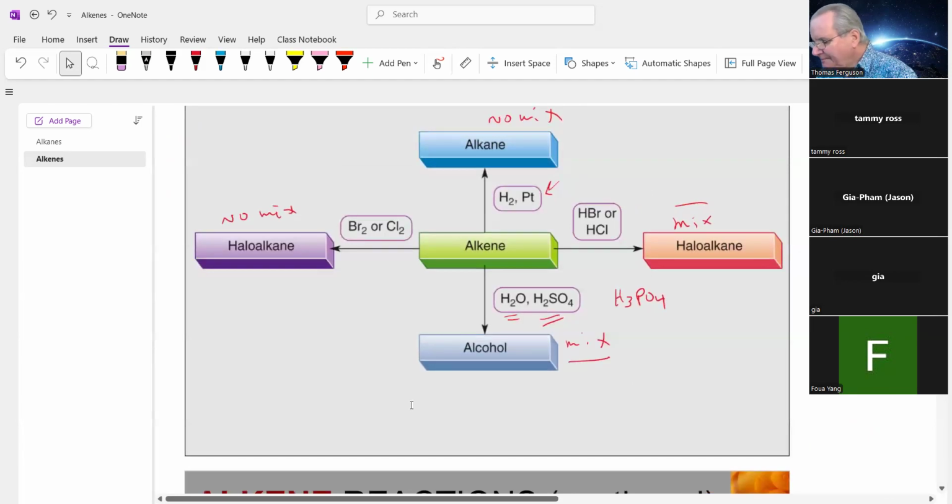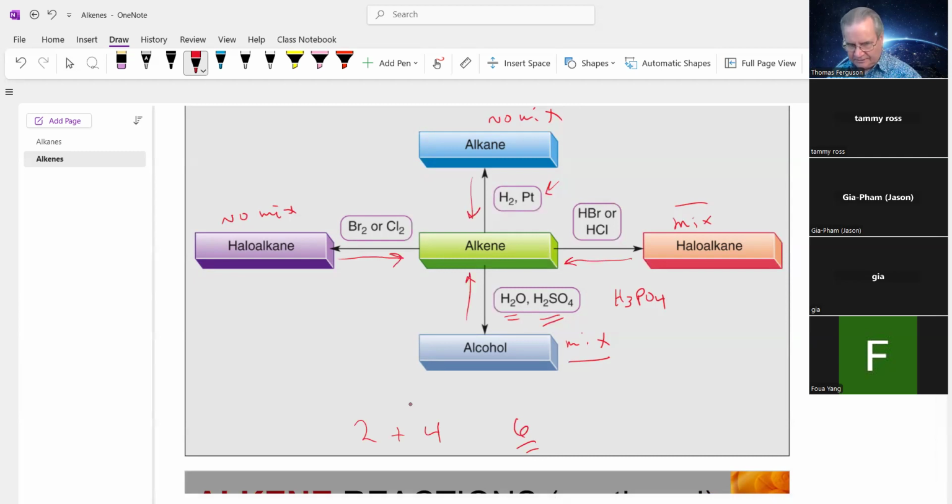Okay, so for this chapter, we've got 4 reactions. So now we have a total of 6 reactions. And if you count all these reverse reactions, we now have 10 reactions and all the complexities. So the emphasis in this chapter, in fact, in all the chapters, is going to be intermolecular forces,